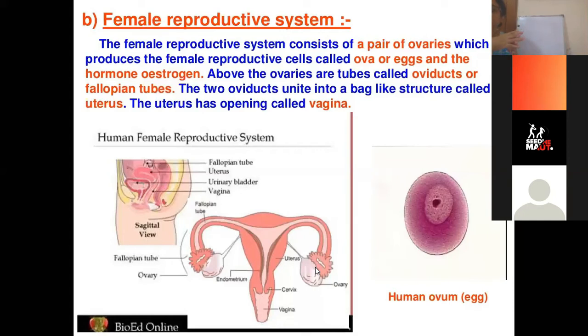If the egg reaches the uterus and up to that time it has not come in contact with the sperm, then no fertilization will take place, because fertilization of the egg takes place only in the